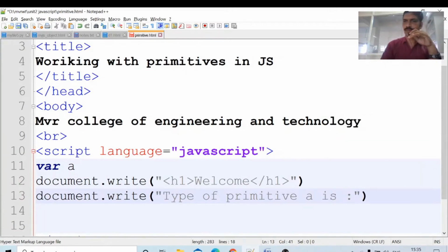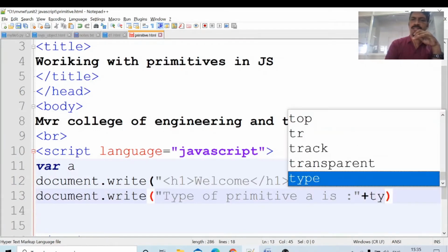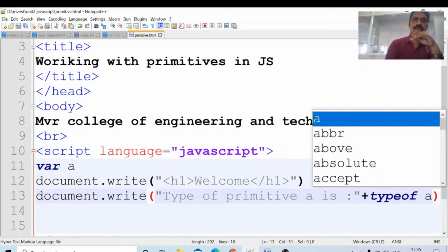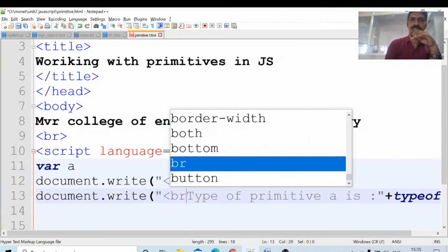What is the type of the primitive? How to print type? Using typeof A. Control S. Here I will put the break statement so it comes in the next line.